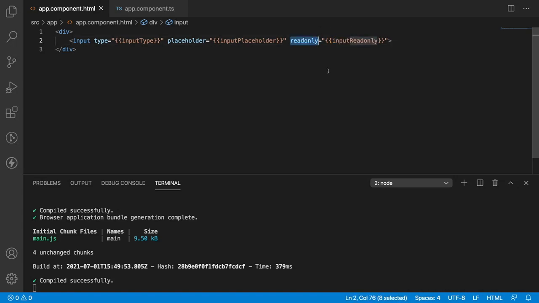The readonly property accepts a boolean value, but interpolation is converting our true or false value into a string value. So the HTML will ignore the value as it is not a boolean, and it will take the default value of readonly. What is the default value of readonly? It is true. By default, every property of HTML will have a default value, and in the same way, we have readonly as true.